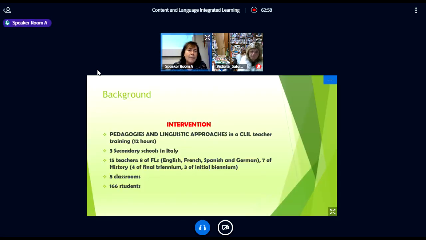So, apart from phenomenon-based learning, whose results within CLIL were not available yet, the others were used in a short teacher training of 12 hours, together with the more widely used linguistic approaches, such as direct, communicative with its situational and notional functional methods, and affective humanistic, but also, to a lesser extent, structuralist, and they were applied in 3 secondary schools in Italy,